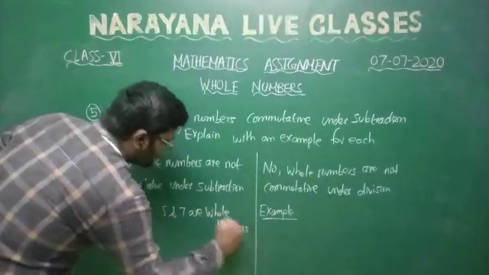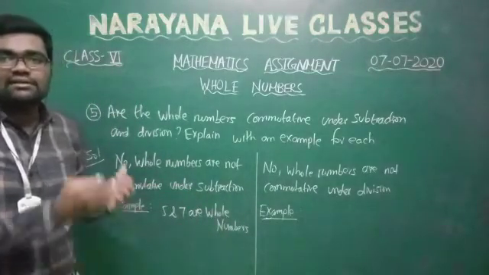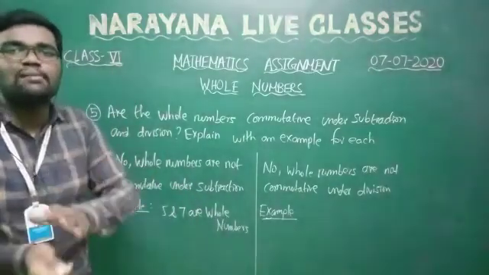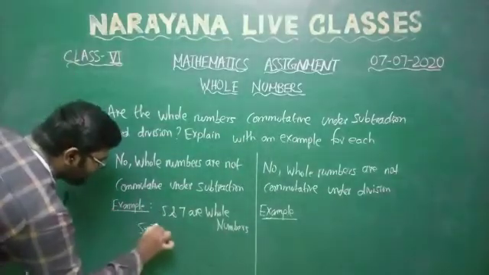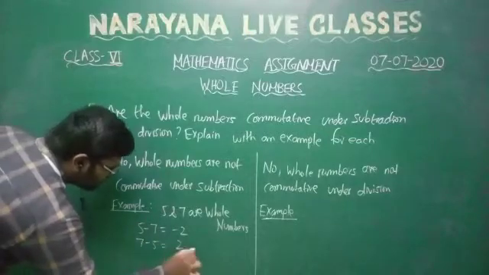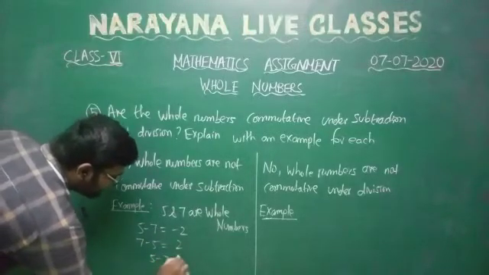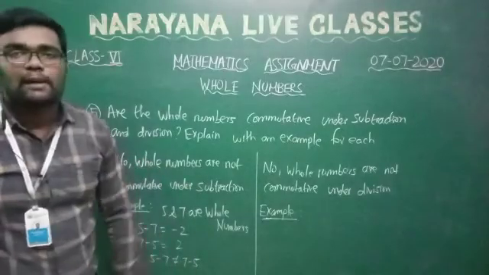So what is the commutative operation? The operation is subtraction here. Commutative property, what is that? A minus B should be equal to B minus A. That is your subtraction. Yes, no? So find first A minus B. 5 minus 7 is equal to minus 2. 7 minus 5 is equal to 2. We can say 5 minus 7 is not equal to 7 minus 5. So it is not commutative under subtraction.